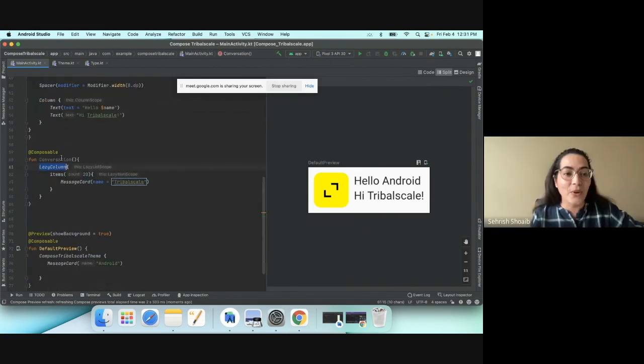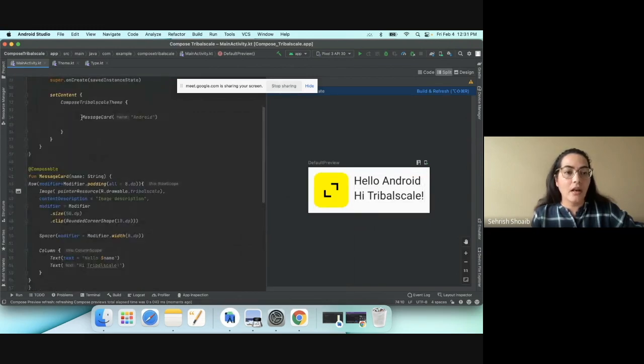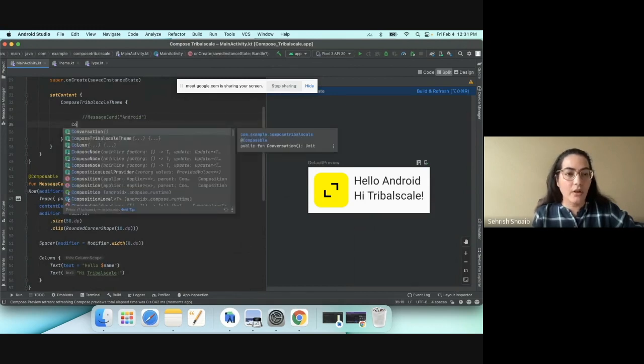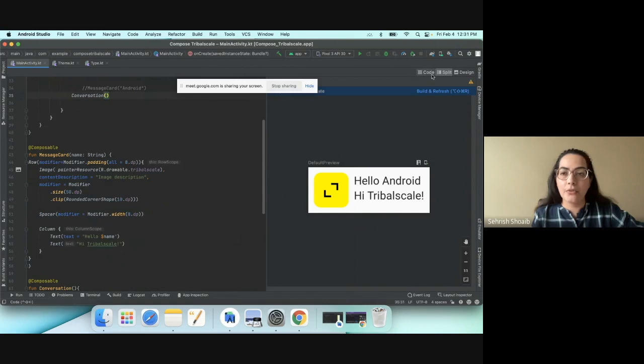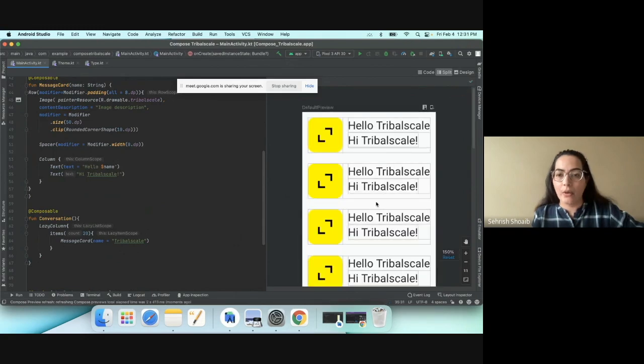Absolutely. So obviously we can see that this is blank, so that it's not being really called anywhere. So what I can do is, in the preview, I'm going to have to call it. I'll just comment this out, since they'll be clashing with each other. And then of course we'll also have to call the conversation function over here as well. And right. So let's do a build and refresh now, and you can see that now we have a list